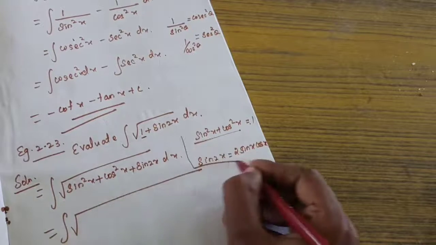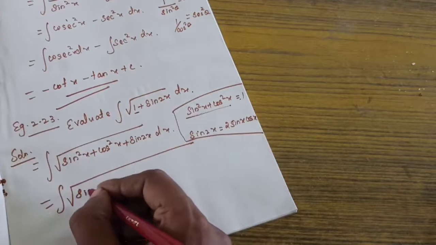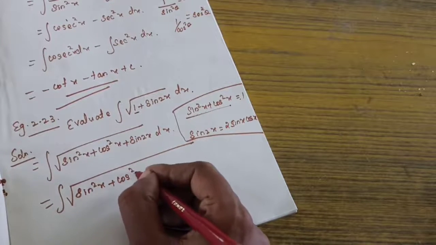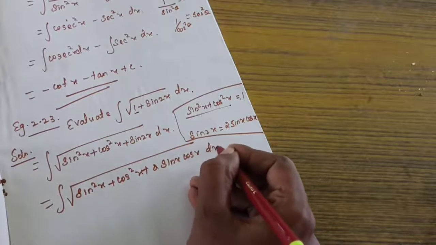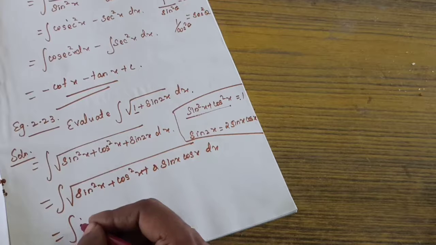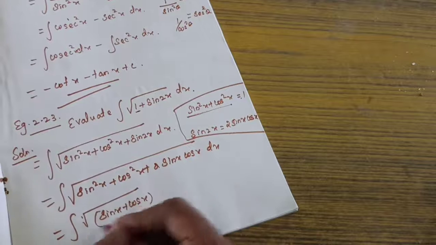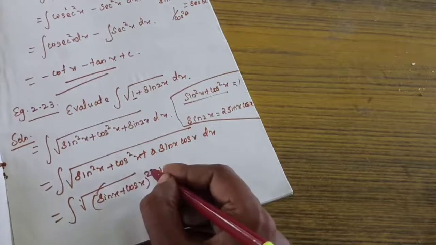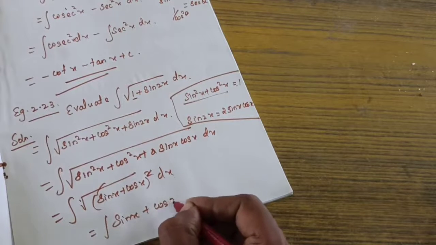Square root of, these are the formulas we are using. So each and every line it will be very difficult. Those formulas are very important. That is sin square x plus cos square x plus 2 sin x cos x dx. Now see here, it will be very easy for you. A plus b the whole square form, is it right? So a square plus b square plus 2ab, correct? Now shall we write like this? That is square root of sin x plus cos x the whole square dx. So the square root and this square will get cancelled. So what's the balance? Integration of sin x plus cos x dx.